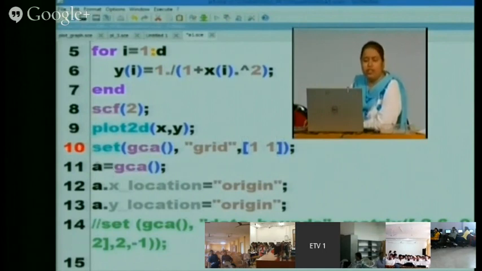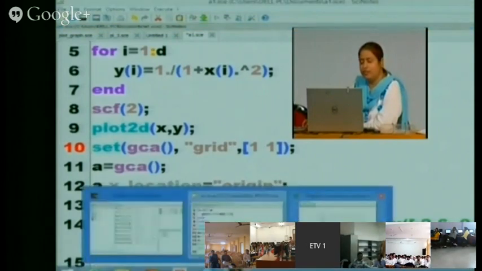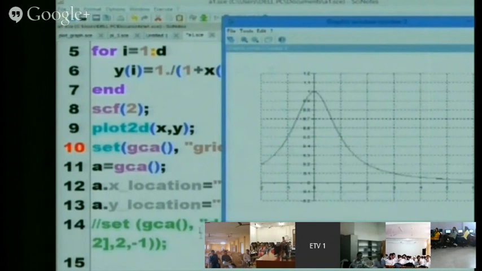Now here A is equal to GCA, means you are giving the handle of the plot to A, and then A dot X location equal to origin, A dot Y location equal to origin. Now A dot X location means you are changing the X location of the A plot. Now A is representing what? A is representing the plot graph, what we are plotting. So that is equal to origin, and we are getting this. Now